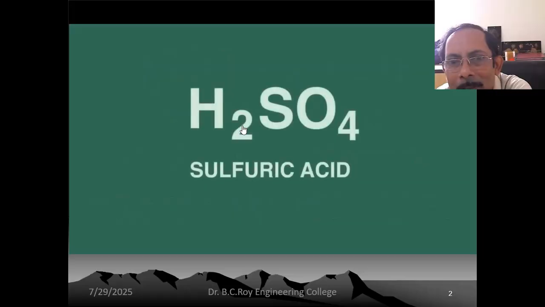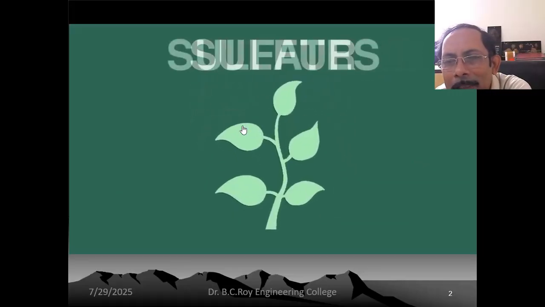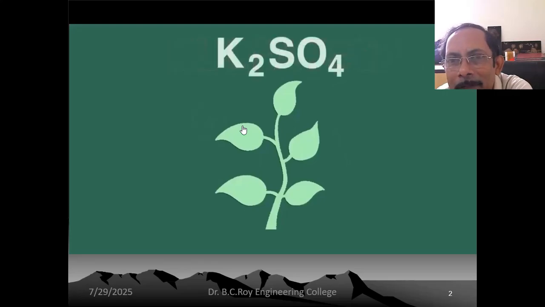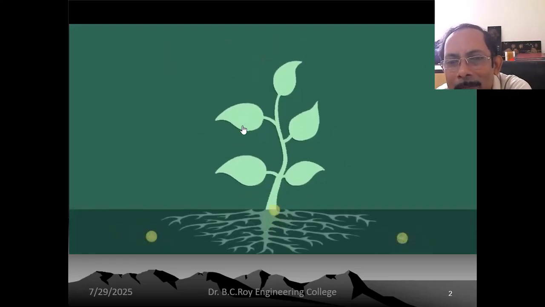We'll consider sulfuric acid first. Plants need a little sulfur to grow. They obtain it from sulfates, such as K2SO4, found naturally in the soil. The sulfates are taken up by the plant's roots, collecting the sulfur atoms. Sulfur atoms become bonded to carbon atoms and the sulfate is released into proteins, getting collected in the plant.